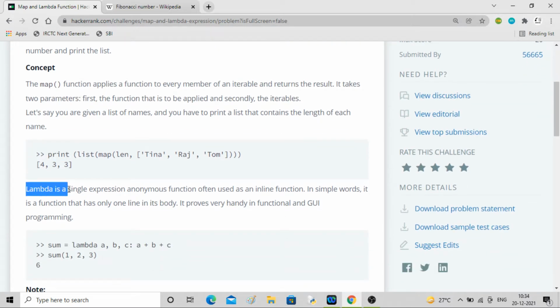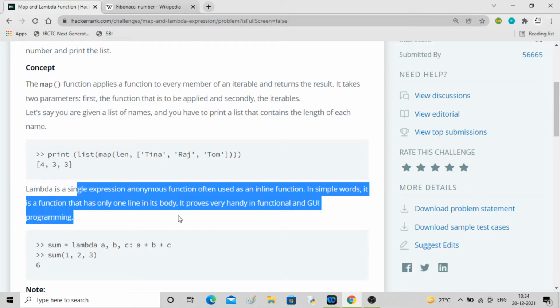Similarly, lambda is a single expression function, often used as an inline function. In simple words, it is a function that has only one line in its body. It proves very handy in functional and GUI programming. So this is about map and this is about lambda.